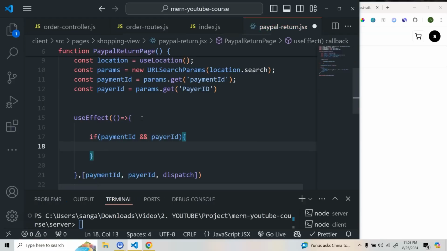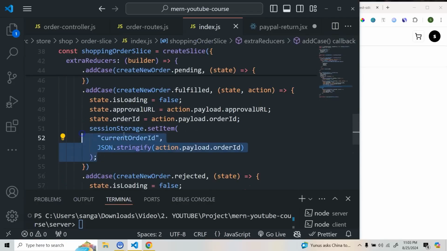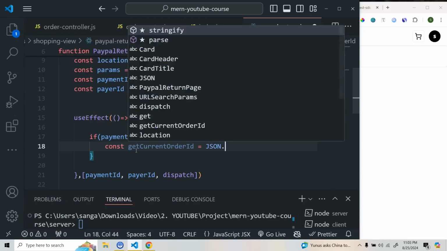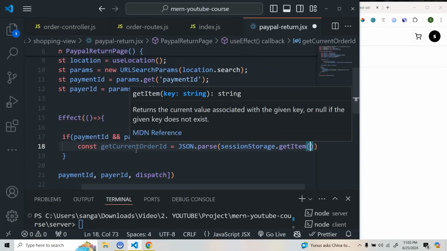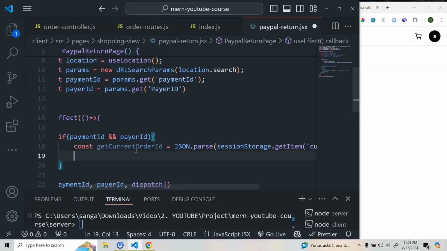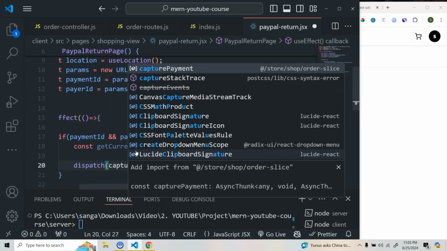present. So we are going to get our current order ID from where we stored it in our session storage. Remember here, current order ID, right? So we'll do const getCurrentOrderId, which will be JSON.parse. We'll do sessionStorage.getItem, and this will be getCurrentOrderId. Now what we need to do, simply we'll do dispatch, and we are going to dispatch this capturePayment, and